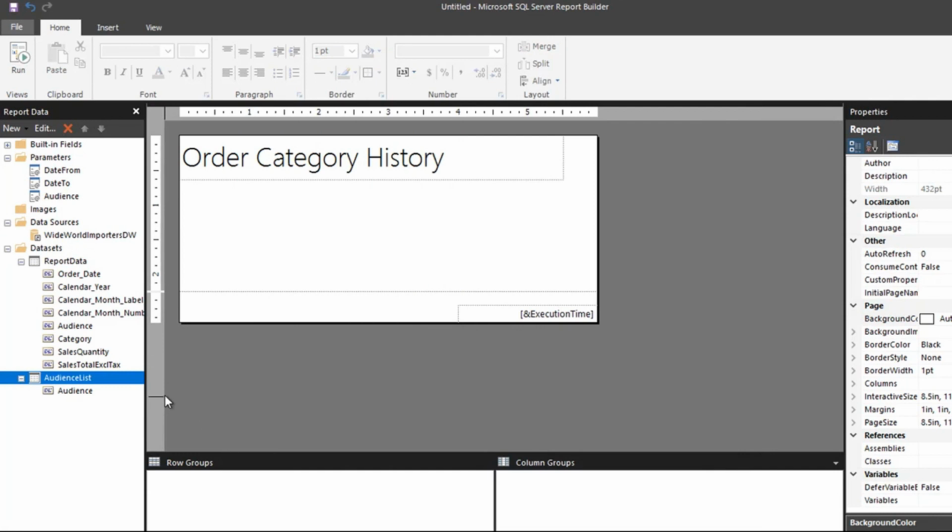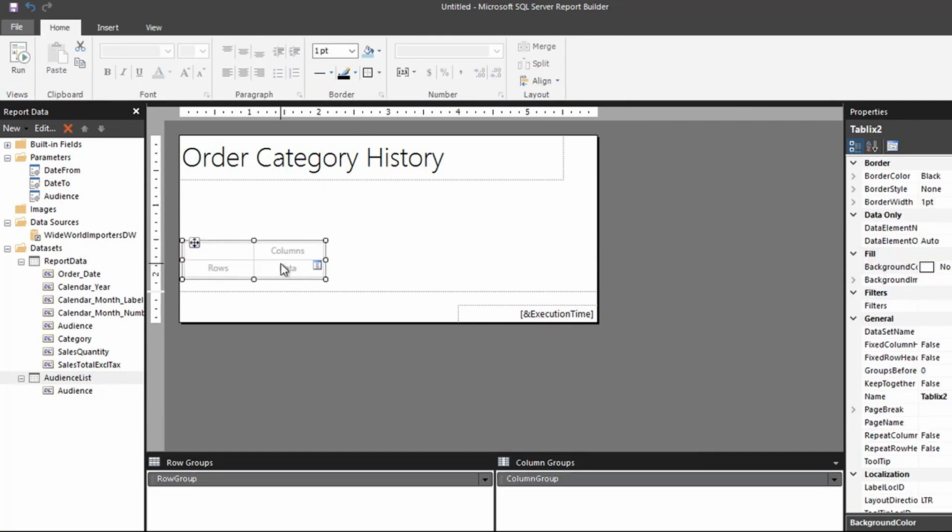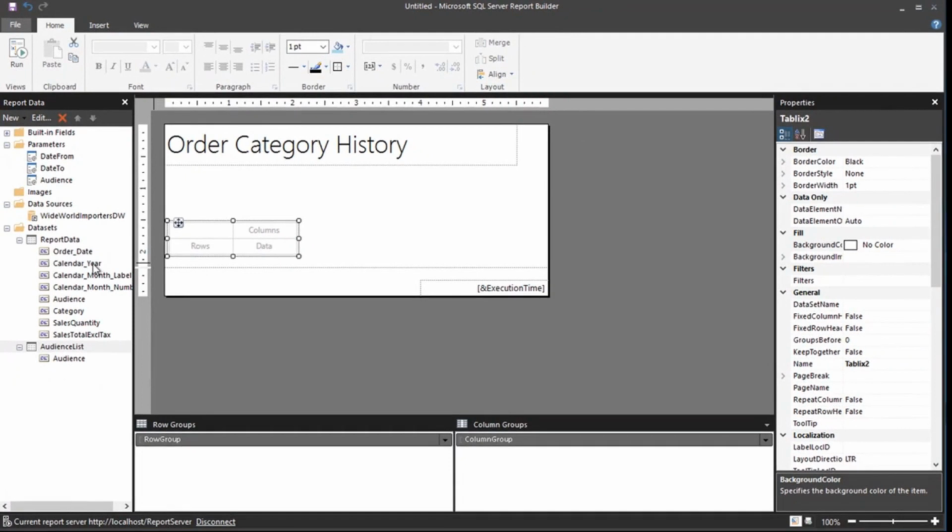Now I'm going to create a simple matrix report, and I'm going to kind of pound through this real quickly. It'll be designed very much like the matrix report I used in my last demonstration. So to do that, I'll just add a new matrix. I'm going to give that some space for reasons that will be very apparent here in a few minutes. And I'm going to add my